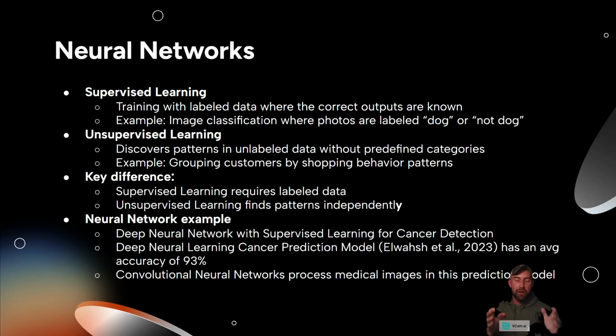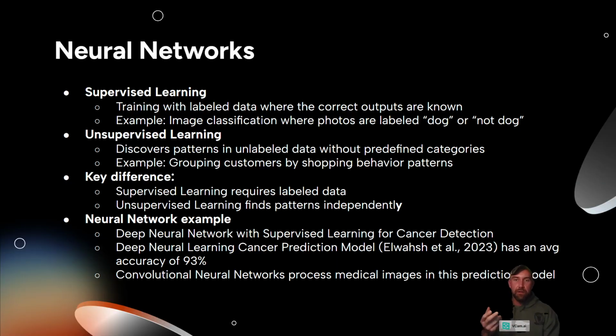Neural networks are a type of deep learning, and I can give you an example to hammer home how they work, or what they are. One type of neural network is a convolutional neural network. Those are the ones that examine images. And the example that we have here on the slide is a convolutional neural network that can look